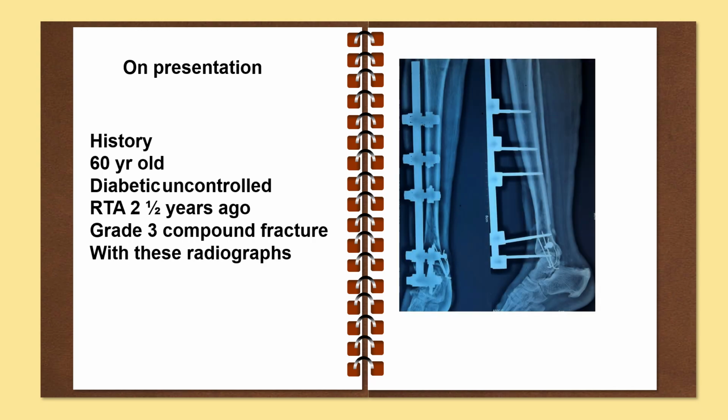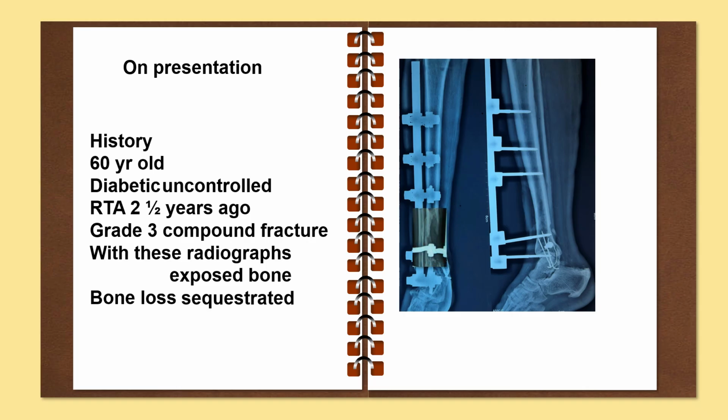Initially, they have done wound debridement and an external fixator was applied, with the pin going through the talus also. The bone is exposed at this area, and it is getting gradually lost by sequestration. You can see the bone is getting lost during the repeated dressings, and he has come with this defect